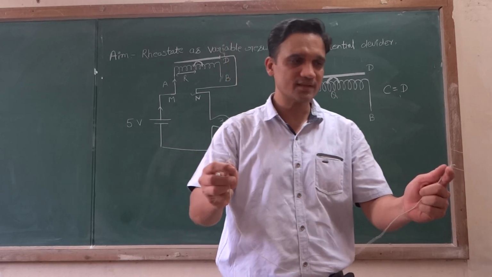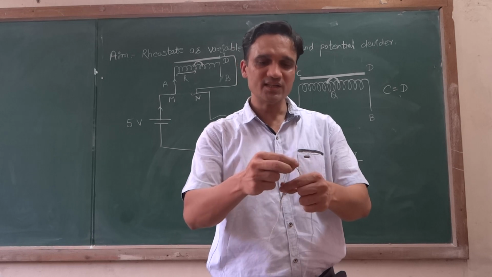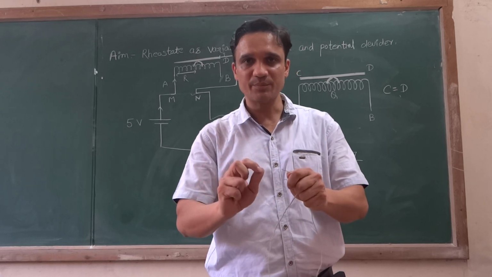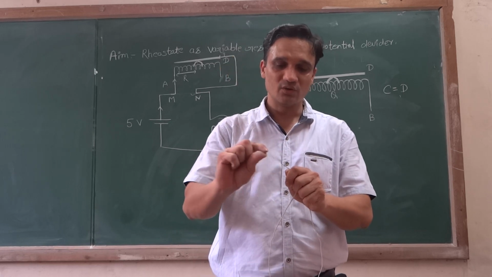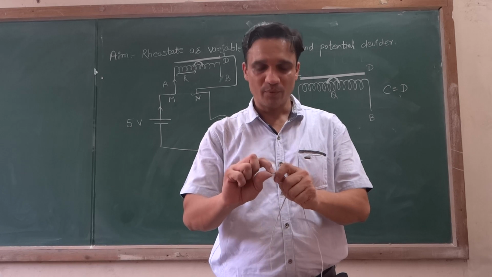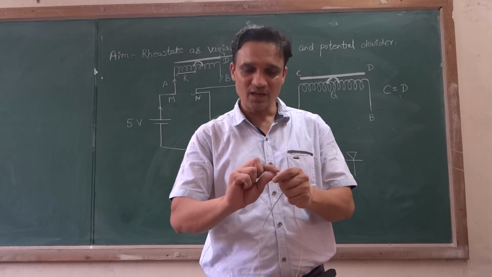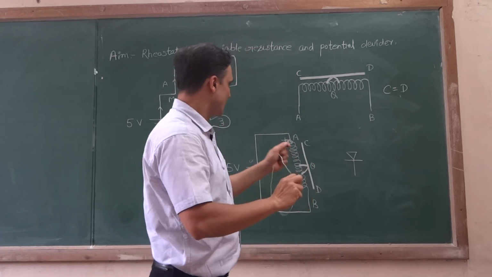This is also called the connecting wire in the lab, and this is wound with thread. Each and every time you have to clean it with emery paper, so that the oxidation on the wire is removed. These are pure copper wires, so they become oxidized with time. So first we have to clean it carefully, and then you can make the connection at this point.